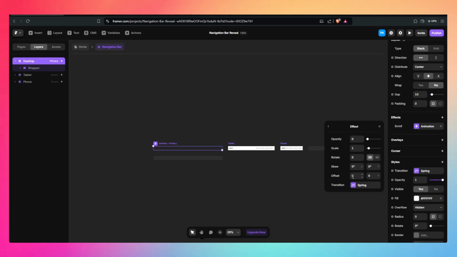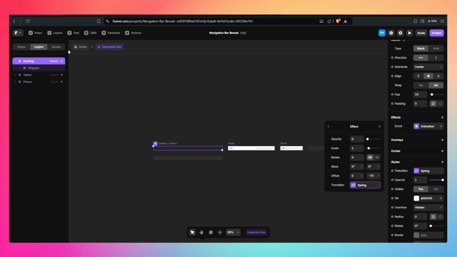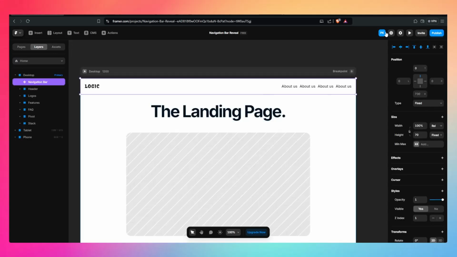leave everything as it is except the offset of Y position. Let's change this to negative 70 pixels, and change the transition from spring to something like 350 stiffness, and let's change this to 50, and you can also set the delay to like 0.2 seconds if you want to. I'm going to leave the rest of the things as they are, and it's time to see how it does. Set to fixed, and